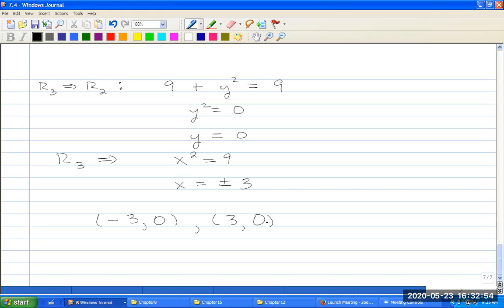Actually, it's sort of strange that in both cases, my y was the same for both x's. Usually it's not. It just happened to be a coincidence that this happened in this particular case. Okay, so that